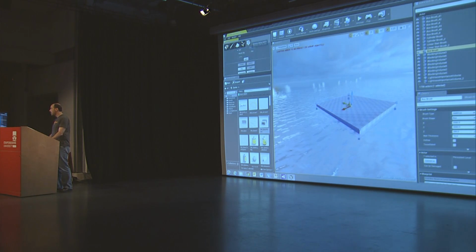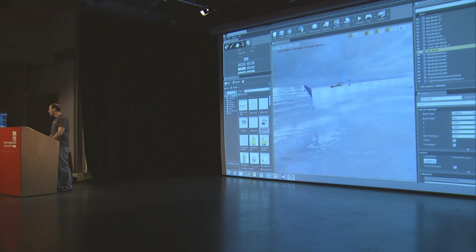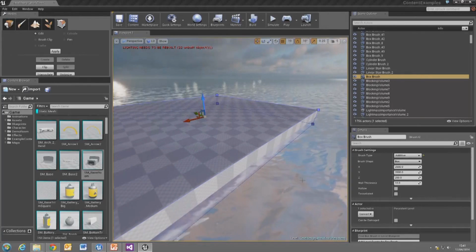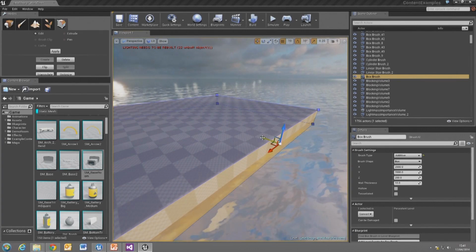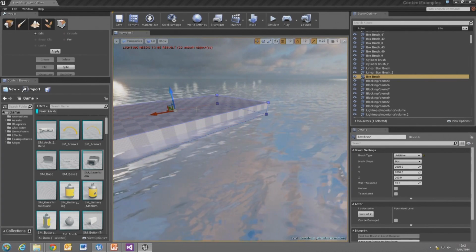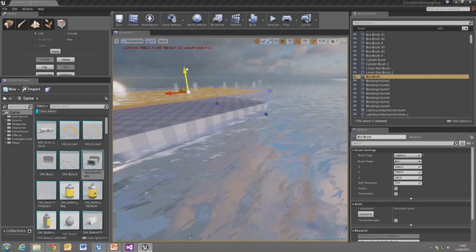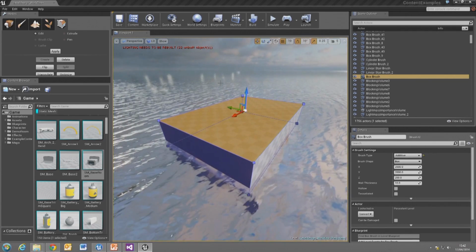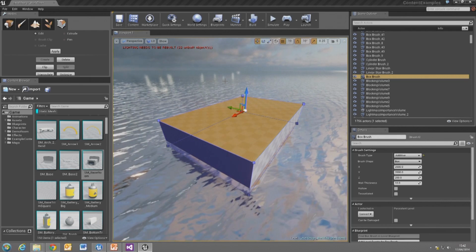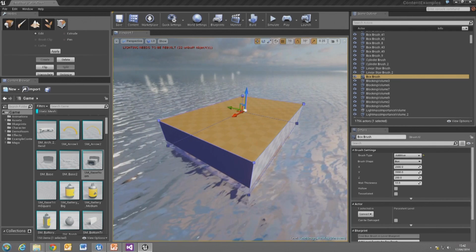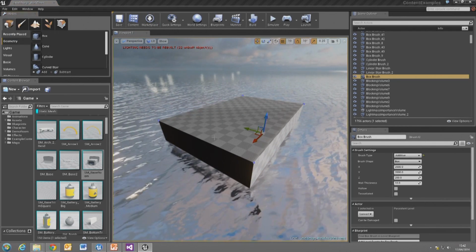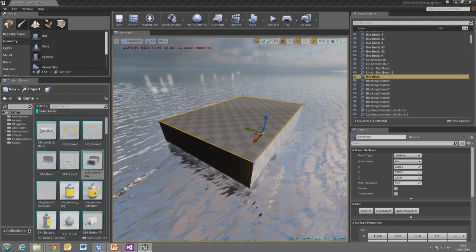And then up here, you can kind of edit those in real time and just say, I want to select this surface and move it over. And I want it to be a little bit taller. You can do whatever you want with it and move it around. And it all updates in real time, and you can immediately go in and play. And that is super important to us at Epic because